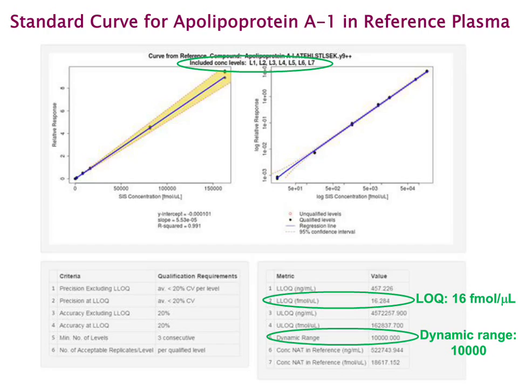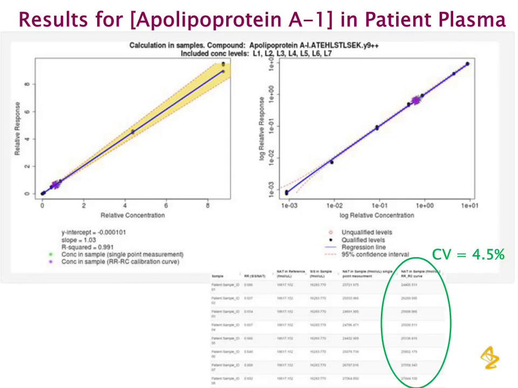In this specific case, I have extracted the calibration curve data of apolipoprotein A1. As you can see, all the calibration levels pass the qualification requirements as specified by the criteria at the bottom left side. The LOQ of ApoA1 was determined to be 16 femtomole per microliter, and the dynamic range was, in this case, 10,000. The next slide shows the determined concentration of ApoA1 in 20 plasma samples, although only 8 are visible